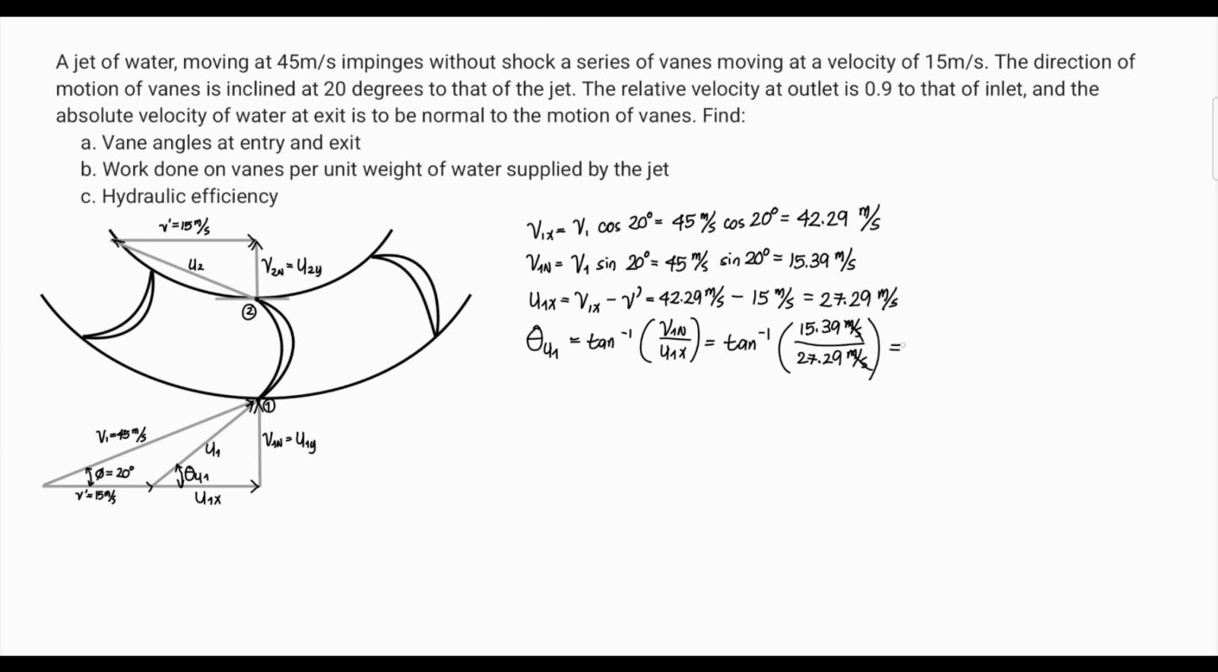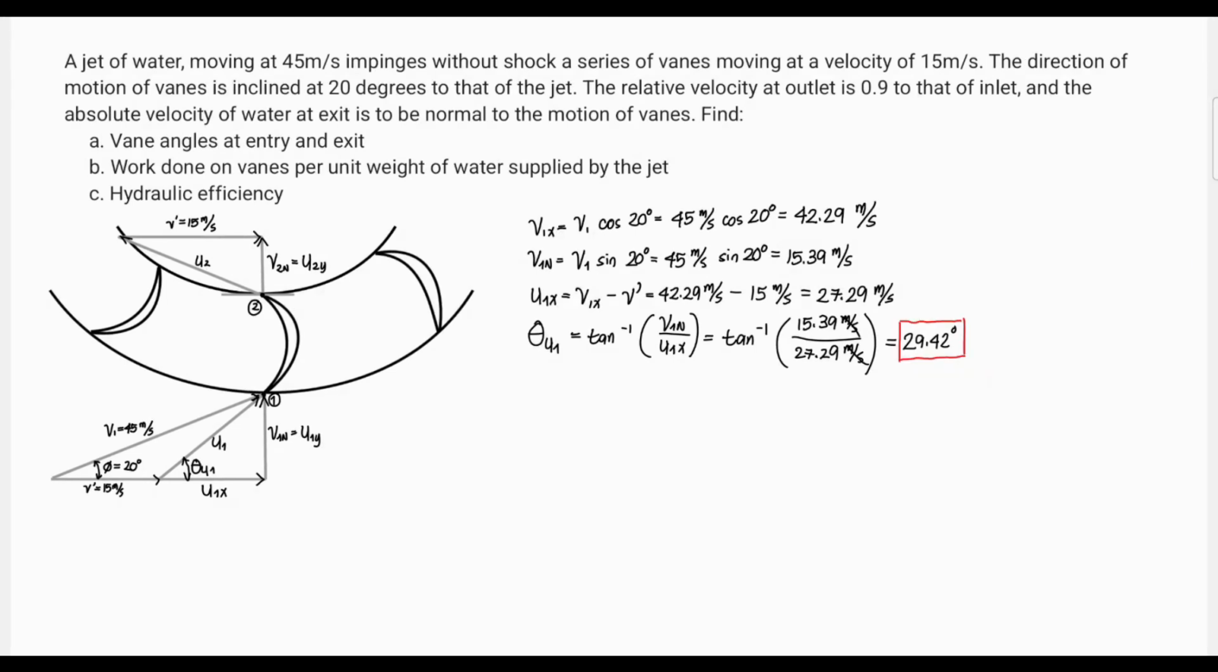Now this is equal to 29.42 degrees. So now in order to determine the value of our U2, which is 0.9 of that of the inlet. So U2, meaning to say, is 0.9 of U1. So it is necessary for us to find the value for U1 in order to solve for the value of U2. So to solve for the value of U1,